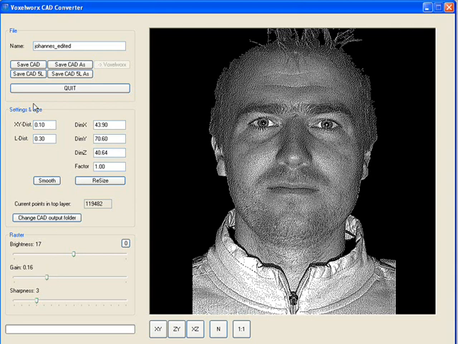Now I can save the image. Everything is fine. I have 4 buttons over here: Save CAD and Save CAD As. If I press the Save CAD button, it will save the file under the same name as the 3DC file, and it will save it by default with 3 layers, meaning that this image will be